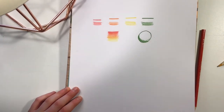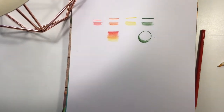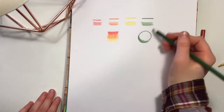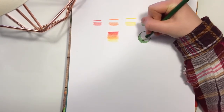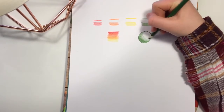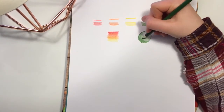I noticed that when the colors went down on the page, they weren't really gritty, and they were pretty close to a solid color, as good as it gets for colored pencils. And I wasn't pressing too hard. I tend to do that with colored pencils because I always obsess over having just a solid color area that has no white spaces and stuff, but